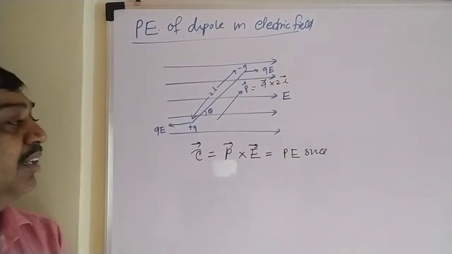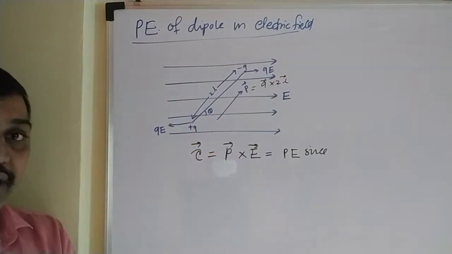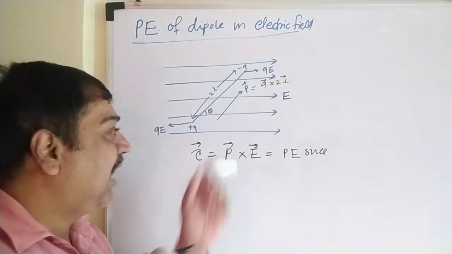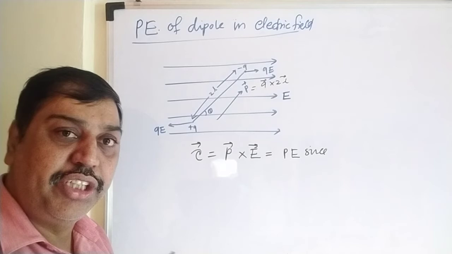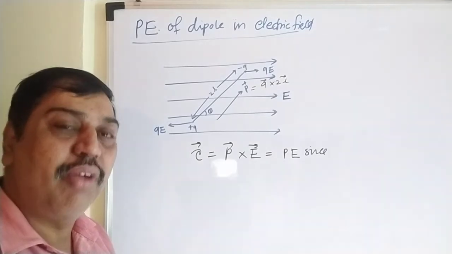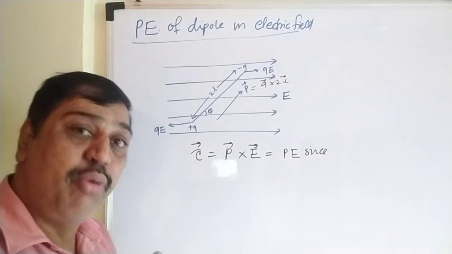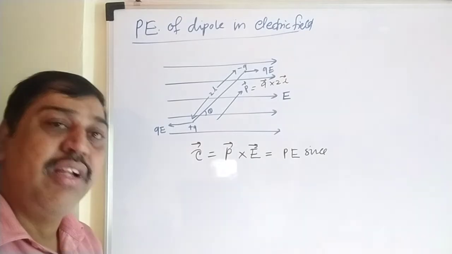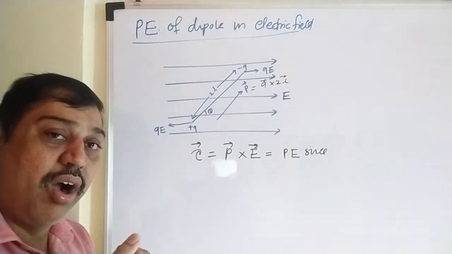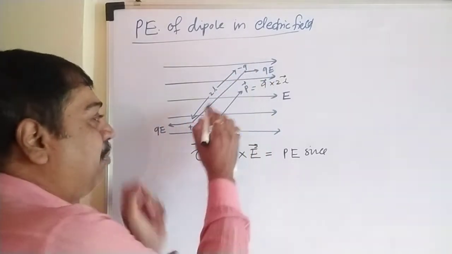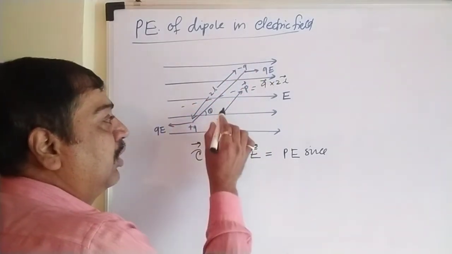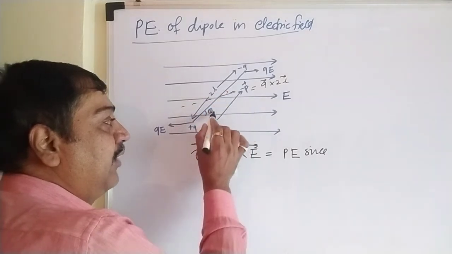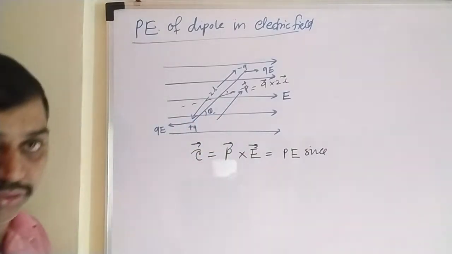There must be work done when the dipole kept in the electric field undergoes rotational motion. Suppose theta is the final inclination and the initial inclination is theta 0, so it is moving from theta 0 to theta. Theta is the final angular displacement, and theta 0 is the initial angular displacement. Suppose we have displaced the dipole further to a new position. This is theta 0, the initial value, and theta the final value, after some time.